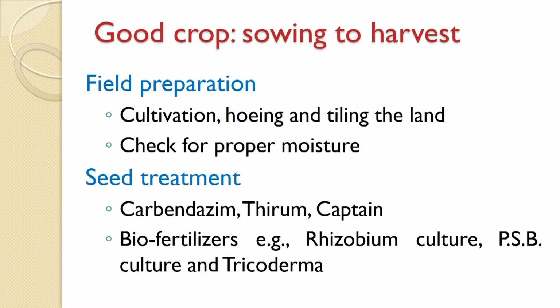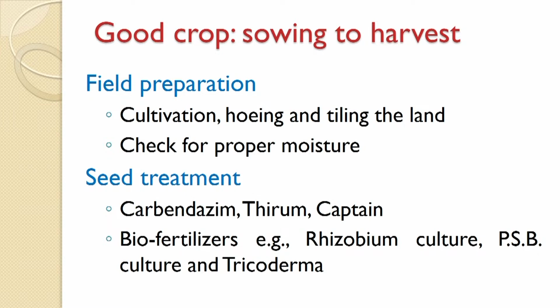In case of preparation of farm, there are particularly three types of operation. First, there will be the tillage of land. Next, there will be the removal of previous type of weed. Then it will be the hoeing as well as the tilling of the land. And for this field preparation purpose, there are several types of tillage implements used. There may be country plow, moldboard plow, or there may be the various type of disc plow also.